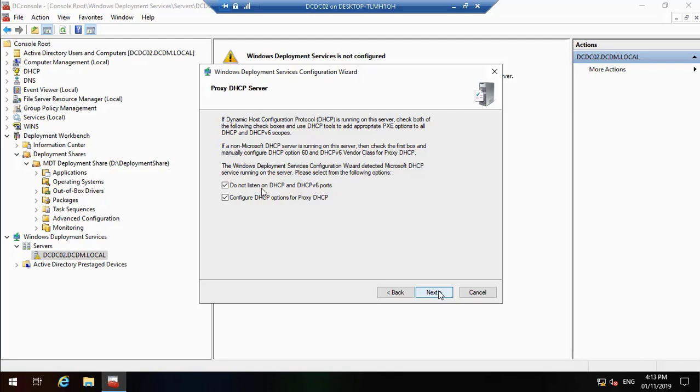So here he's telling you, do not listen on DHCP ports. He will use another port to broadcast his IP address, and we will configure DHCP options for proxy DHCP. Another time I will discuss it again. When a workstation for the first time doesn't have any operating system and you power it on,